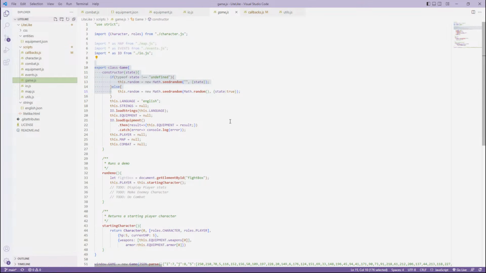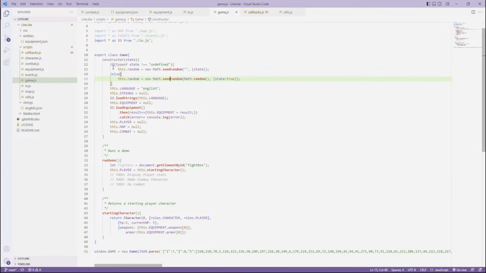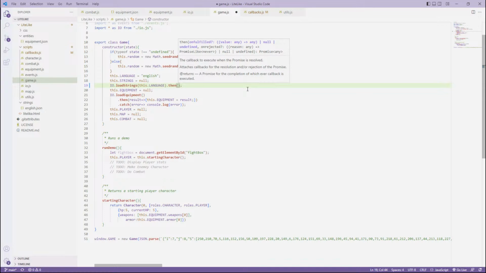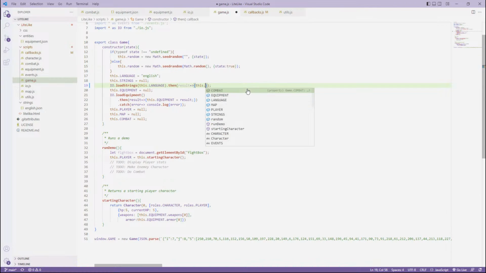It's game and LiteLike, but regardless. Before, this was the only part inside a game. So I started adding all this stuff, which are constants for the game state. As you can see, language English, strings is null. And then we load the strings. This dot language, and I forgot this should be dot then result. This dot strings equals result. There we go. So then we load the loaded strings from the JSON into our strings file,